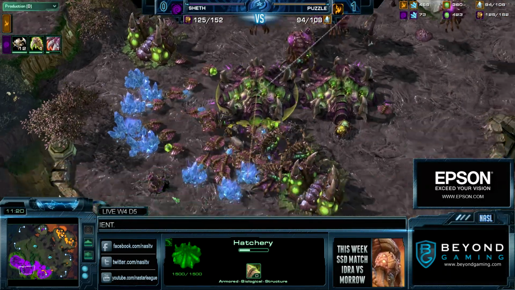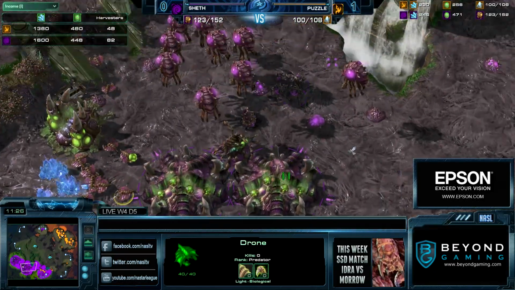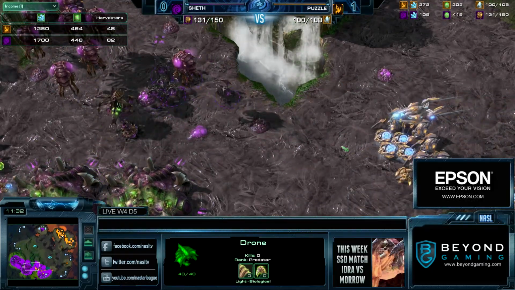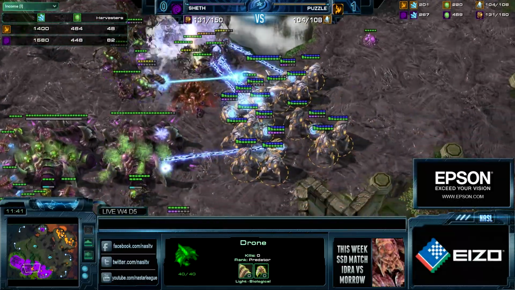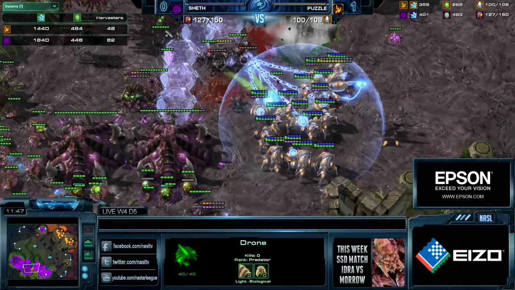He needs to think about getting another third immediately because he's heavily oversaturated in his natural. 82 drones. You have right there 22 drones that are doing absolutely zero. Well, nothing. Yeah, they're not harvesting. It's past his limits. And will Puzzle be able to do this? This hatchery is actually going to work as a pseudo force field and allow him to be able to trap